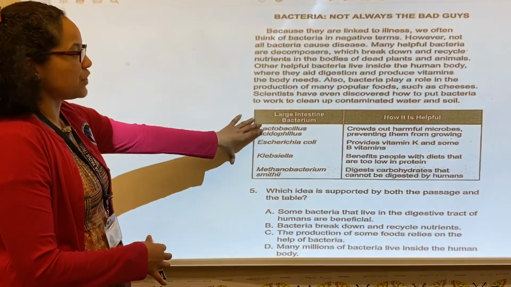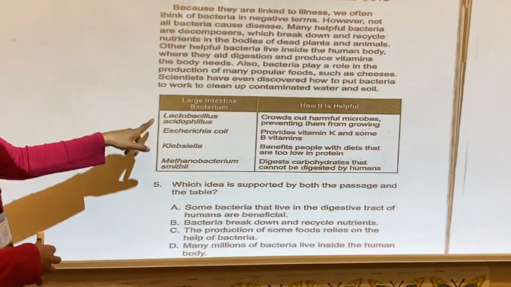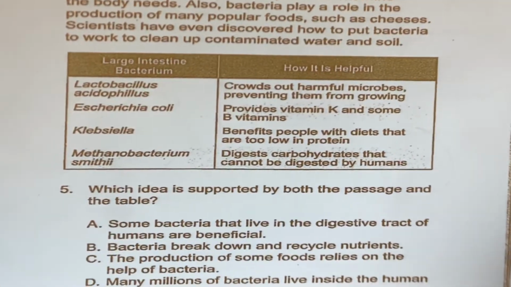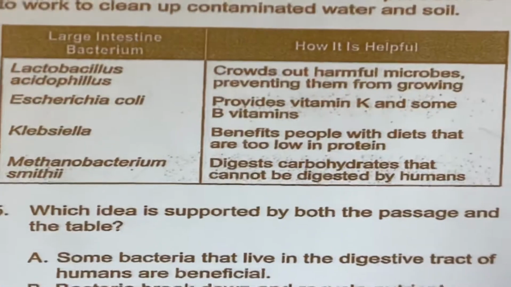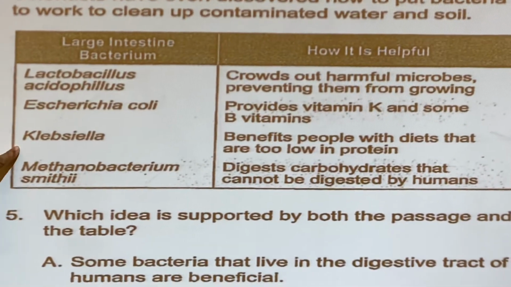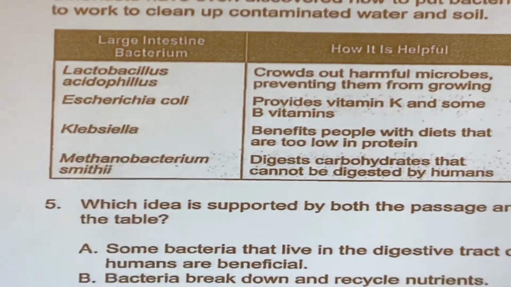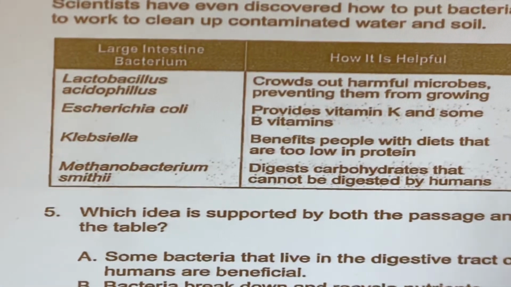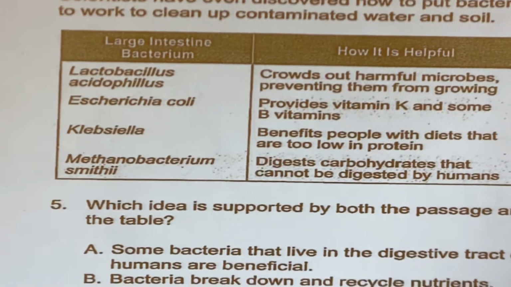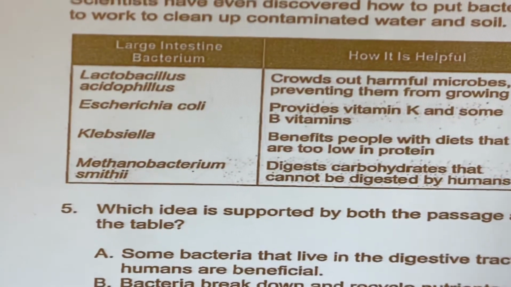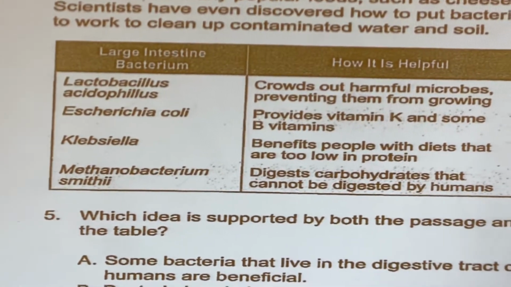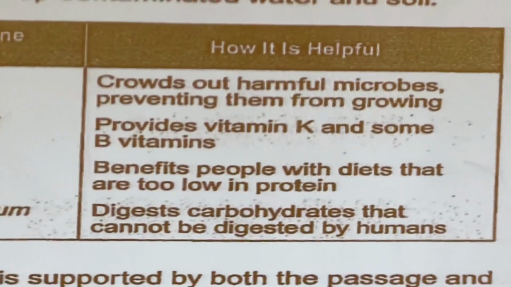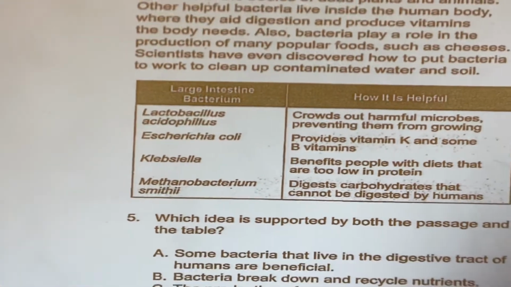Then we can look at the chart and notice that it says this bacteria actually crowds out harmful microbes, and it actually prevents microbes from growing. We also look at this bacteria here, says benefits people with diets that are too low in protein. Additionally, E. coli, which we all associate with as being really harmful, can actually sometimes provide vitamin K and other B vitamins. So this is the crux of both the passage and the table, is that bacteria can help you